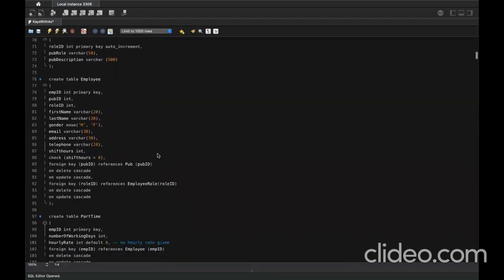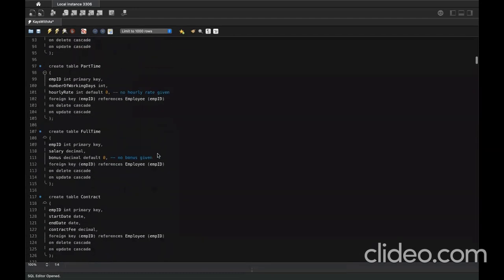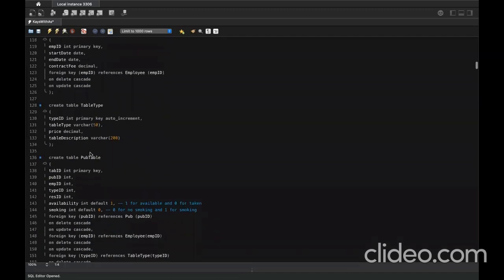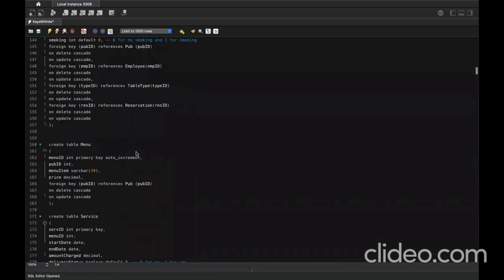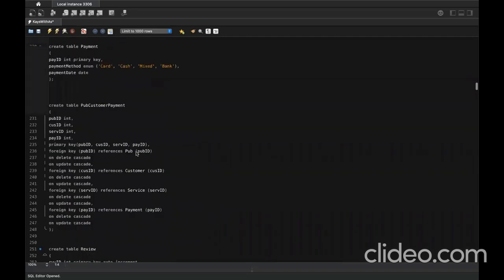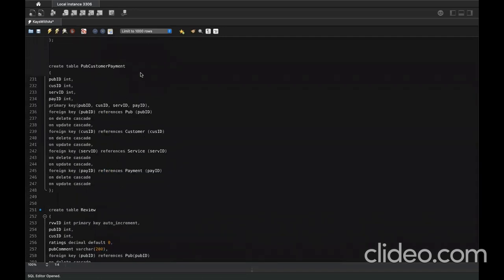We also have the employee role and the employee, the part-time, full-time, with the hourly rate being a default of zero and bonus being a default of zero, meaning that it's the beginning set of things. So until you're employed and as time goes on, we'll use it to determine if you're a part-timer, then we'll determine your hourly rate. That's if you deserve it. And also made for the full-time, for contract, table type, pub table, menu, service, meal, game, pub customer service, pub customer payments,